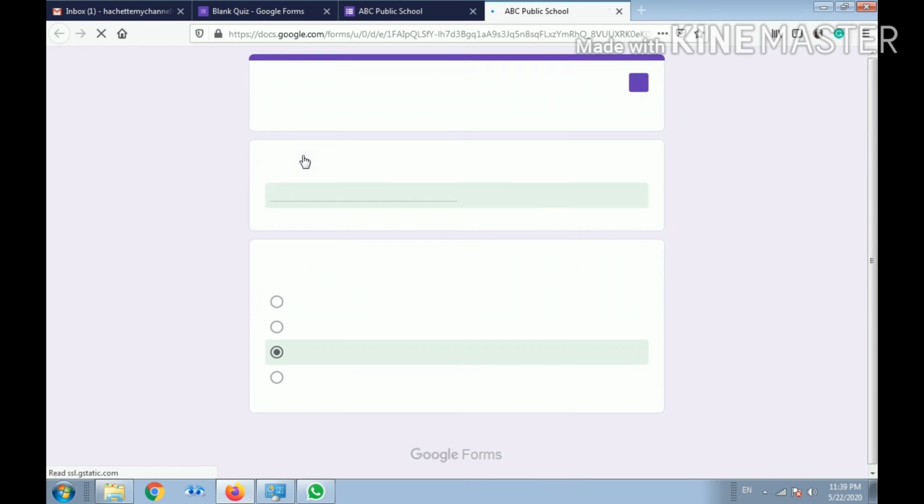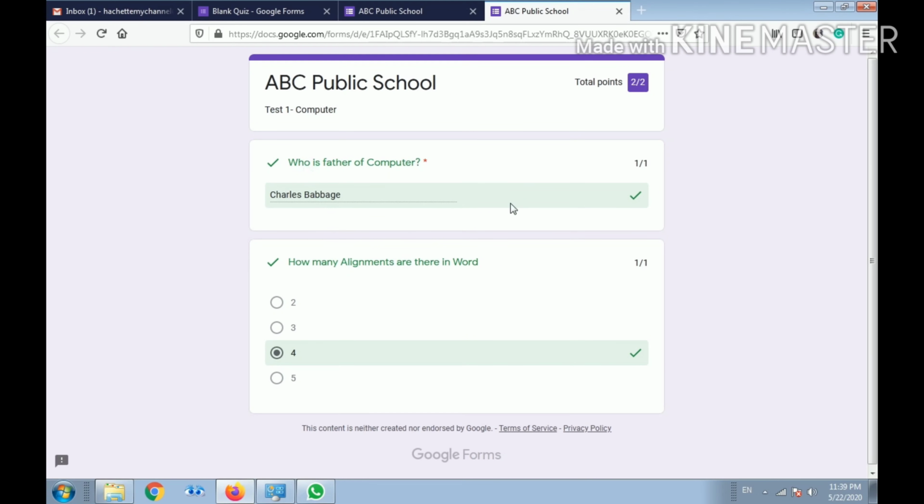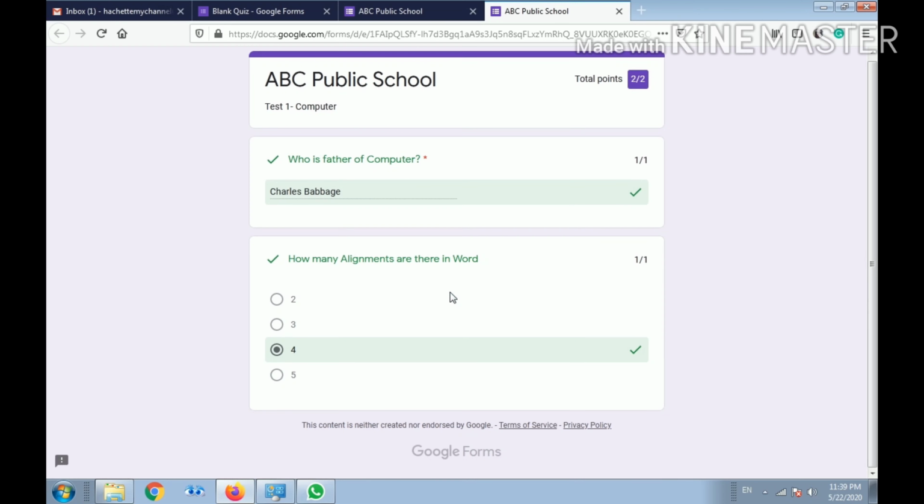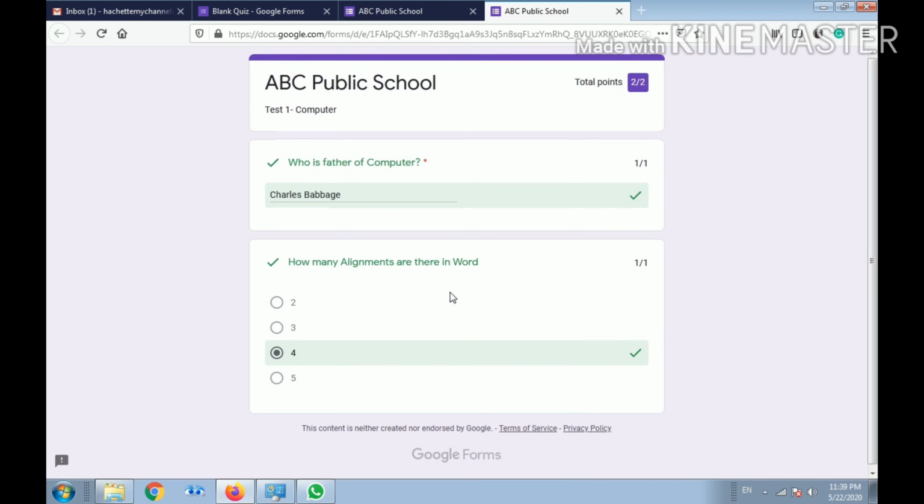Click on view score now. As we click over there, it will show us the correct answer or wrong answer, whatever we have filled over there. According to that we scored 2 out of 2, because only a 2 question test is there. So 2 out of 2 questions we have scored. So this is the complete functioning of Google Forms. Now you can create your Google Forms for your kids, for your students, to whom you want to give, and make your testing procedure easier.